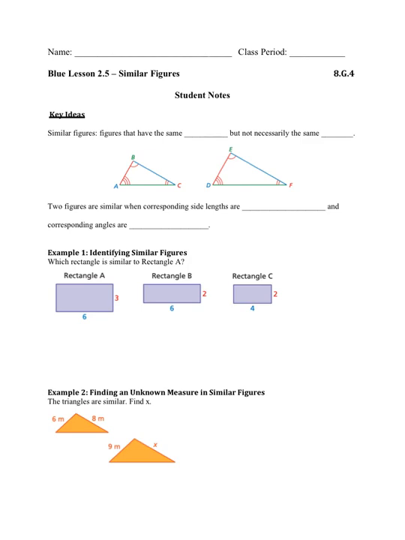So first of all, similar figures are figures that have the same shape. The same shape, but not necessarily the same size. So two figures are similar when corresponding side lengths are proportional